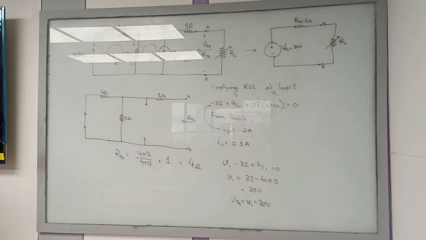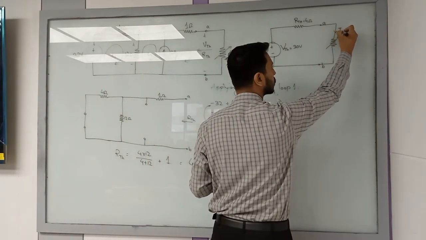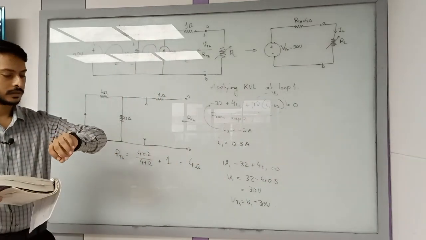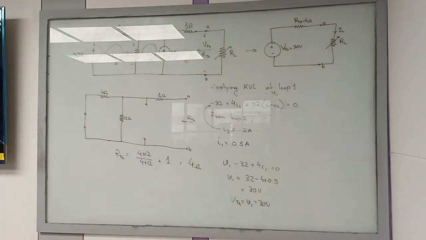এখন তোমাকে কোয়েশ্চেনে যদি বলে find the current passing through the load resistance, হ্যাঁ, তাহলে কী করবা? তুমি VThevenin জানো, RThevenin জানো, তাহলে তো ইজিলি ওই ব্রাঞ্চের কারেন্ট তুমি বের করতে পারবা যদি লোড রেজিস্ট্যান্সের ভ্যালু জানো, রাইট? সো ওইভাবে তুমি এই সার্কিট ইজিলি সলভ করতে পারবা, ওকে? তো আজকের ক্লাস এত পর্যন্ত থাক, নেক্সট ক্লাসে আমরা